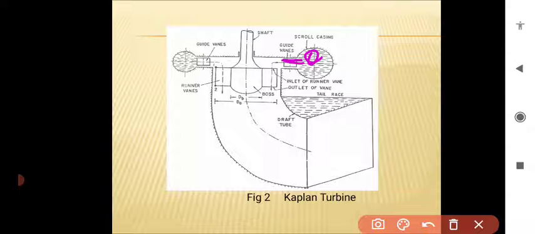From the guide vanes, the water turns through a right angle and then flows in an axial direction through the runner. The runner has 4 or 6 blades. They are long and adjustable in order to accommodate the large flow rate. Kaplan turbine is suitable for both full load and part load conditions.